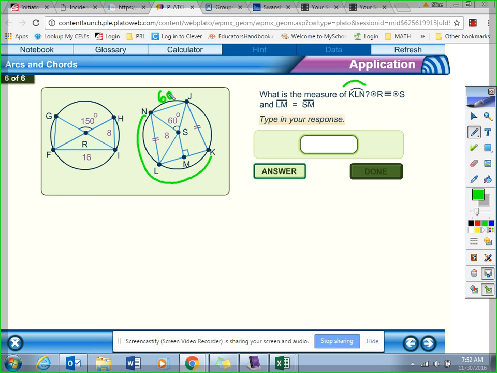Okay? And then if that's 8, this is 8 over here. Oh, and they also tell us that LM, gotta always look at all the information. LM is the same as SM. LM and SM. And so with this one, since that's true, and we know that this measure is 8,